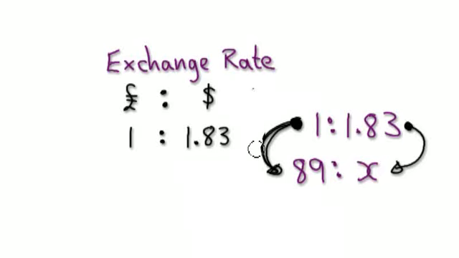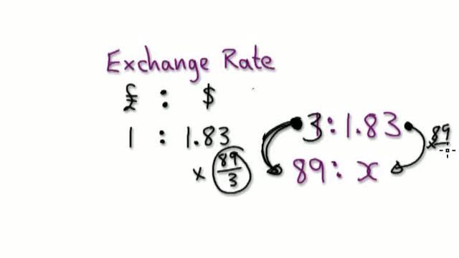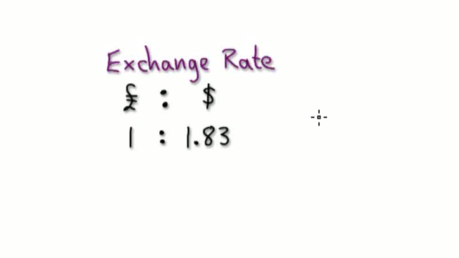The reason why this example seems silly is because later on I will give you something like £3 exchanged for a certain amount. That's why if this here is a 3, then the multiplier will be 89 over 3. Then you have to times this by 89/3. But in our example, let me start again. In our example, it's